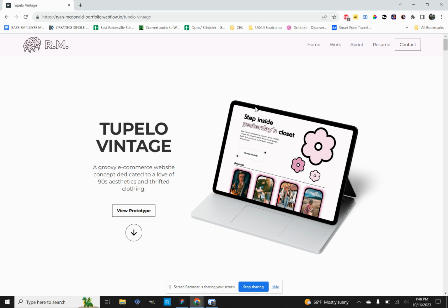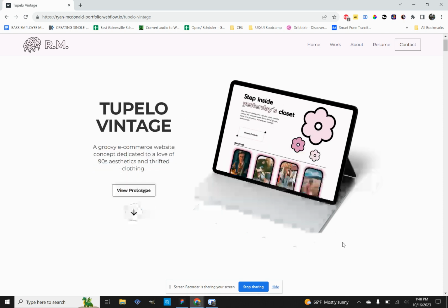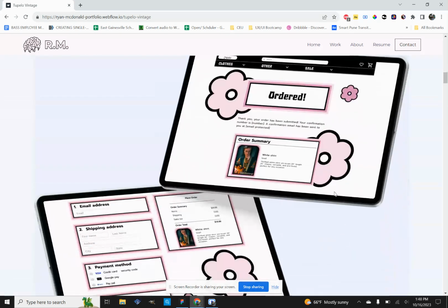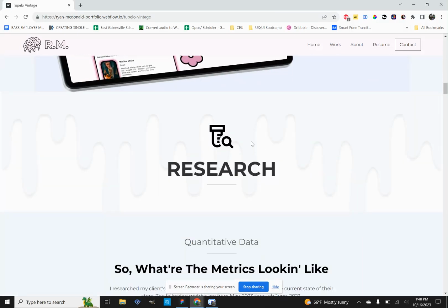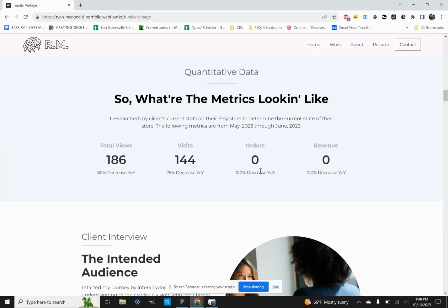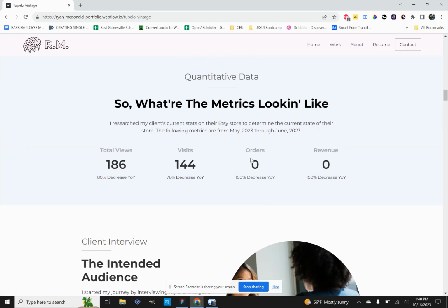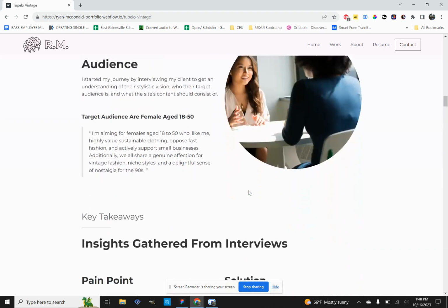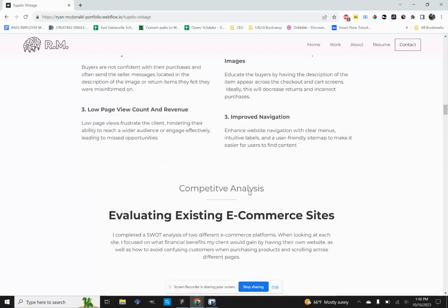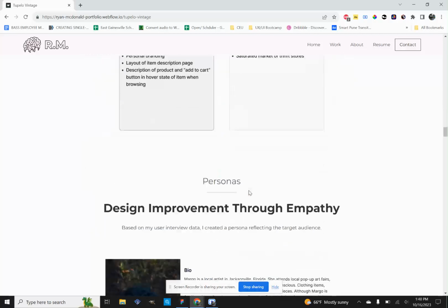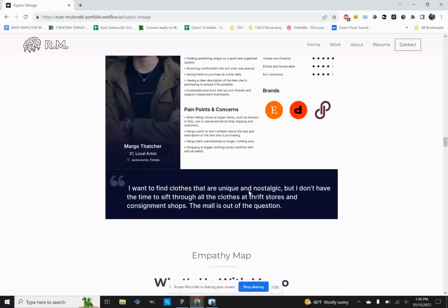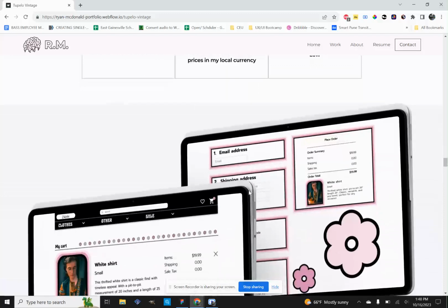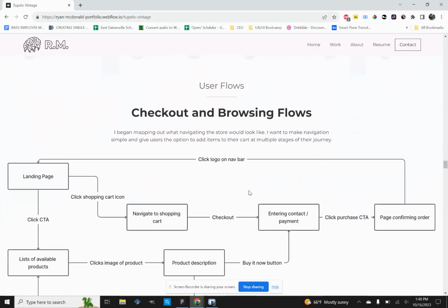This is an e-commerce website that I had made for a client. So it follows a similar format as the first one. This is, again, the double diamond process, some metrics from what their current Etsy site has. Some personas and empathy maps, user stories, again, some additional mock-up screens,